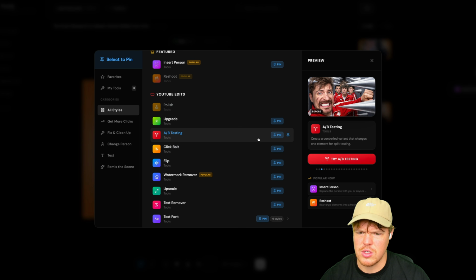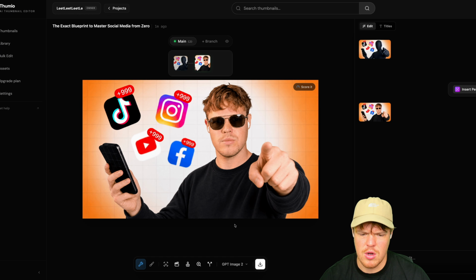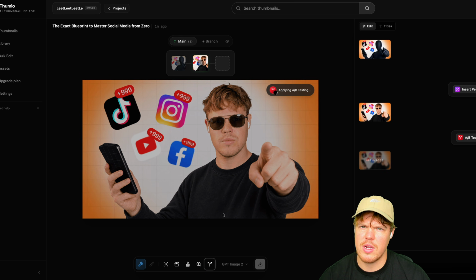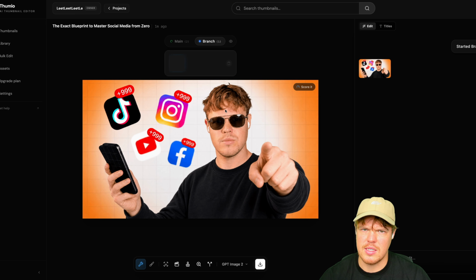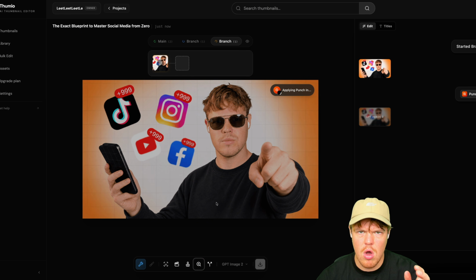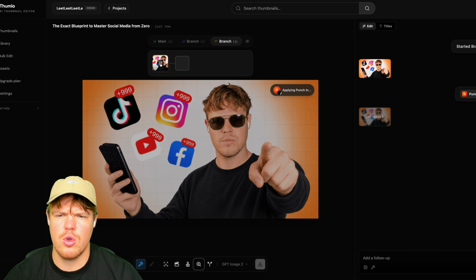So for example, if you find yourself using the A/B test tool, you can hit pin here and then simply double click. But this is where it gets really cool with Thumio. I can branch. And now maybe instead of A/B testing, I want to reshoot it. Reshoot, and then I can branch again. And then maybe instead of reshooting it, I want to try the tool of punch in. These are all firing off at the exact same time in parallel, which gives you full creative freedom to go